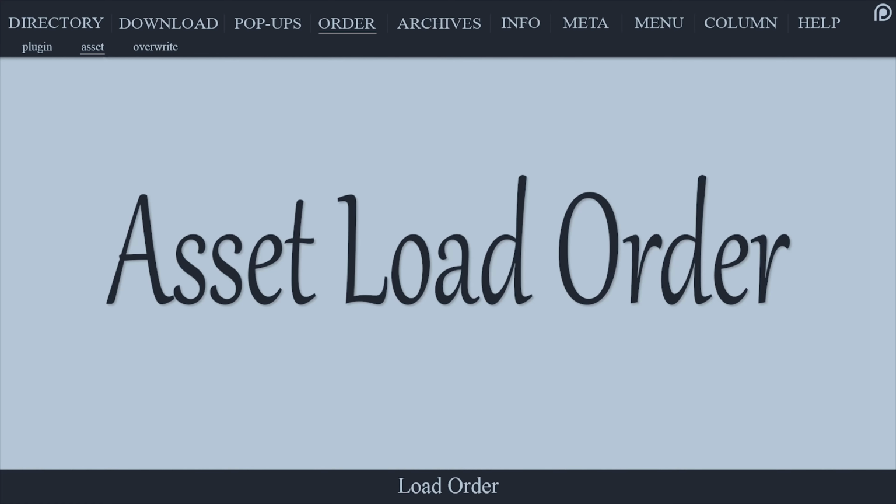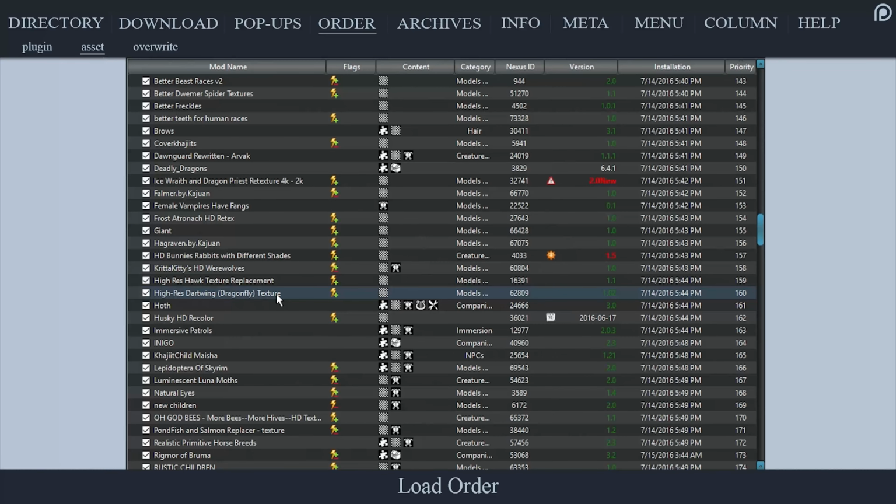Asset load order. This is where things are different. Unlike other mod managers of its time, Mod Organizer allows you to arrange a mod's assets in the left pane, just as you would do for plugins in the right pane. This allows asset files with higher priority to overwrite ones with lower priority, but without replacing them as other mod